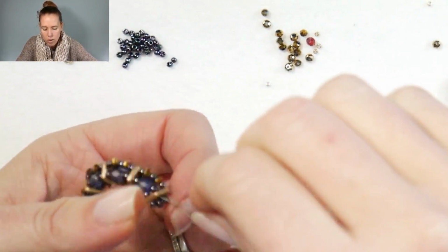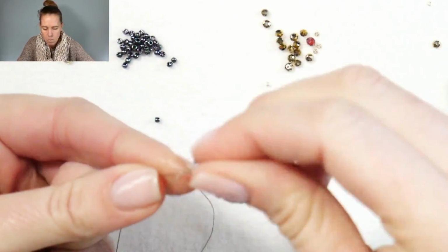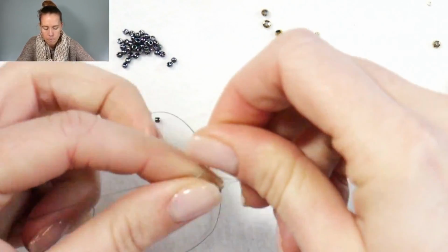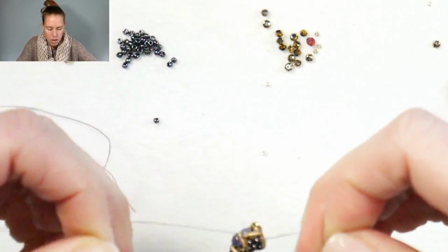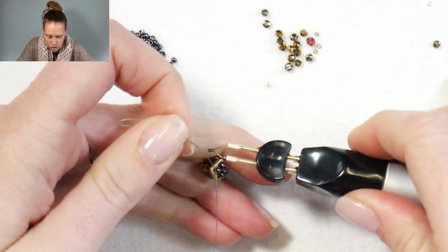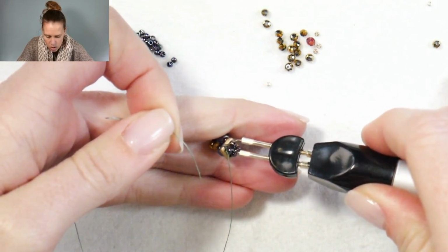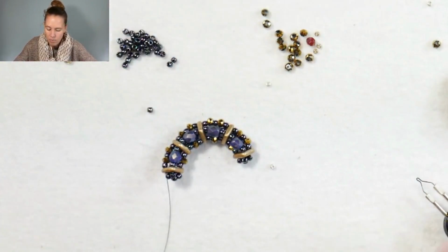grab my 2 thread ends here, and literally just tie them in a knot. Right over left, left over right. You can, if you want to, at this point, go ahead and burn down that starter thread. Burn it down short and then burn it down towards the project, or you can keep it on a little bit if you want. I'll do the final burn and get it right down there when I am finished with